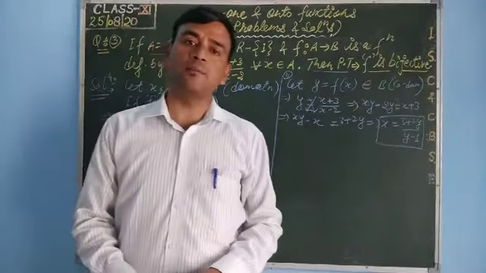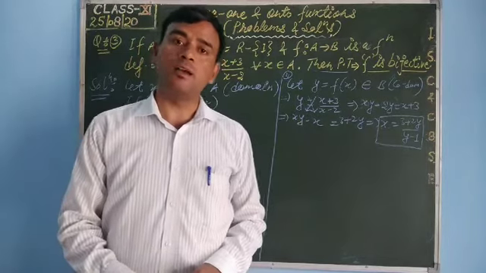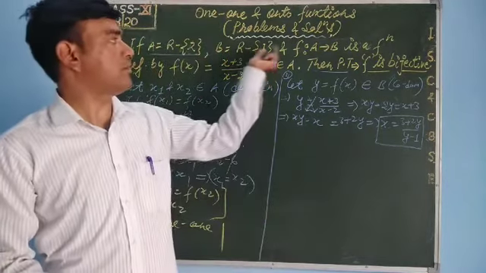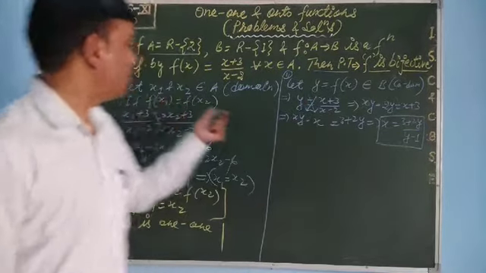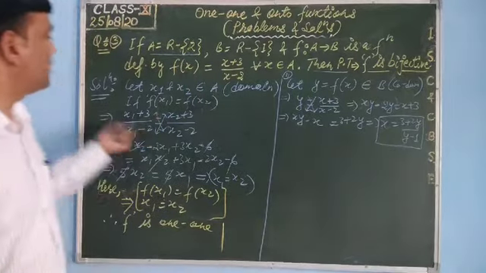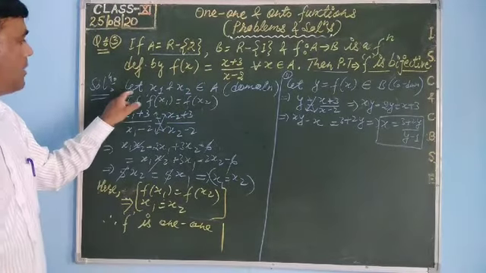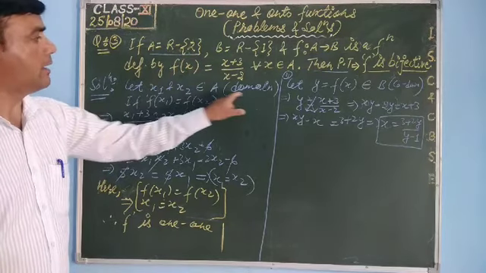Bijective means, as I have told in earlier classes, that a bijective function means a one-one and onto function. So we have to prove that this given function is one-one and onto under the given condition. I have solved a little bit here, because to prove any function to be one-one is a very simple task. So as usual, I have taken x1 and x2 belonging to A, that is the domain.